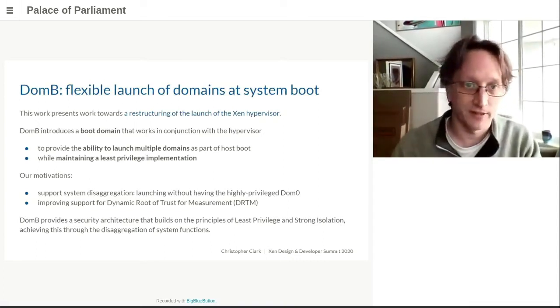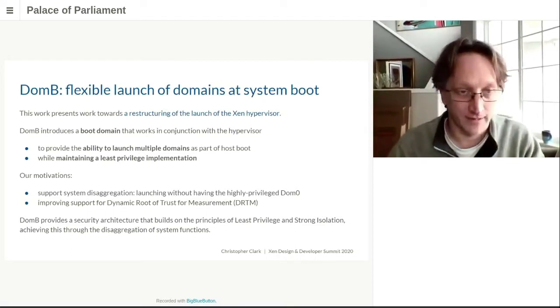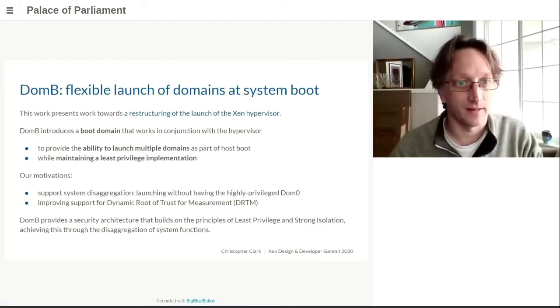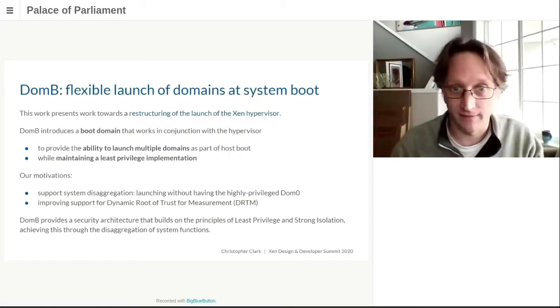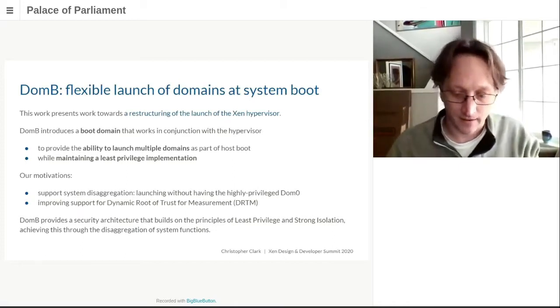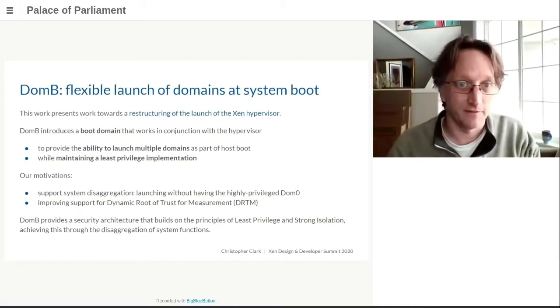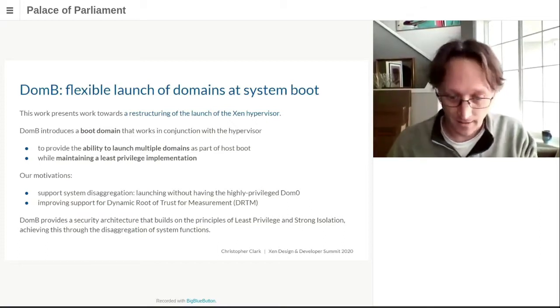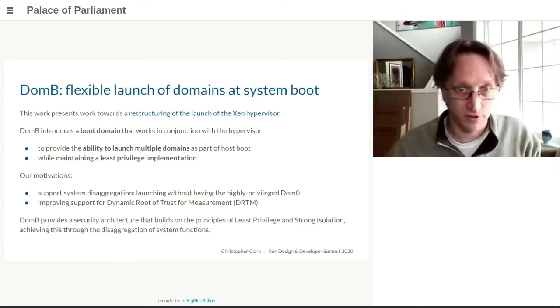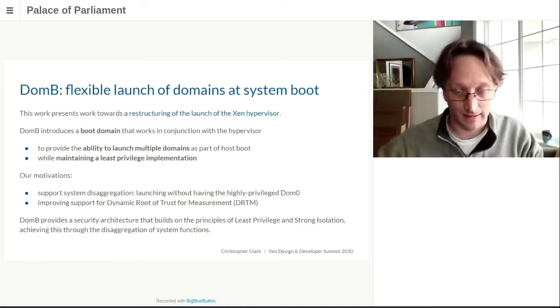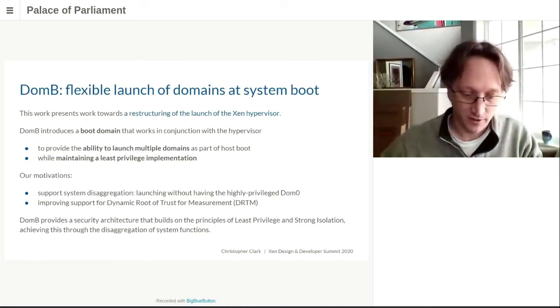And we're proposing to modify this with a proposal to introduce a probably small, short-lived boot domain that then takes on some responsibility for configuring other domains that are also constructed by the hypervisor during system boot, so that you can